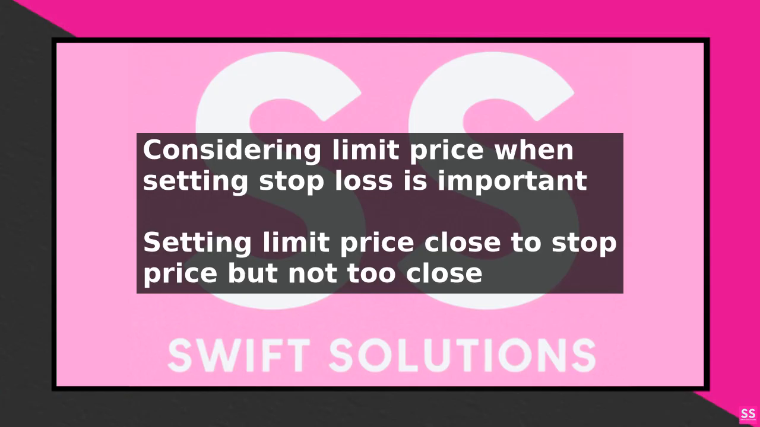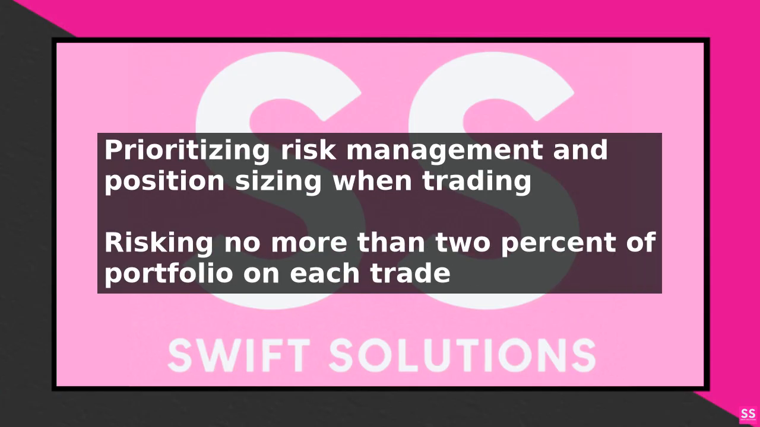In addition to setting a stop loss, it is also important to consider position sizing and risk management. This means determining how much of your portfolio to allocate to each trade, and how much risk you are willing to take on. A good rule of thumb is to risk no more than 2% of your portfolio on each trade. By following these steps and considering these key concepts, you can effectively set a stop loss on Webull options